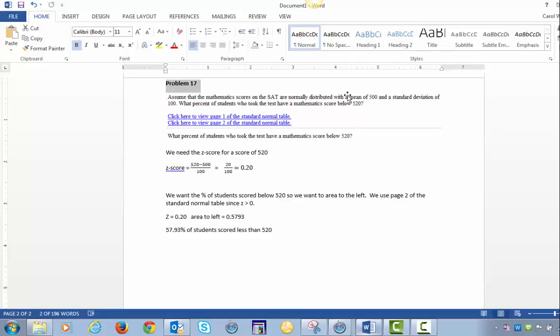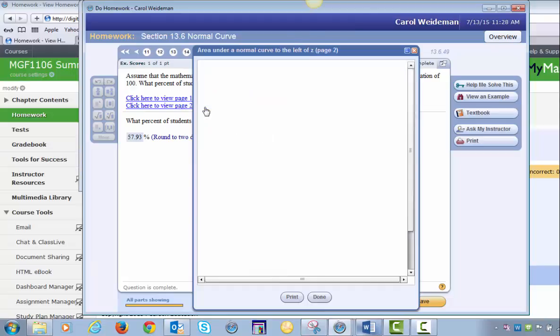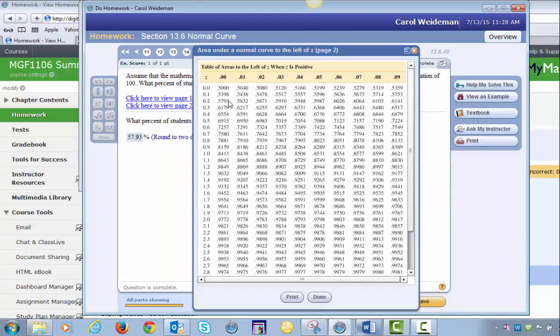All right, so we need the z-score for 520. So I took 520 and I subtracted the mean of 500 and divided by the standard deviation of 100. So I get 20 over 100, or 0.2, and we want the students who scored below, so we want the area to the left. And again, we're going to use page 2 of the table because that's where the positive z-scores are. And I want 0.20, which is right here, 0.5793, and to get to a percent I multiply by 100,